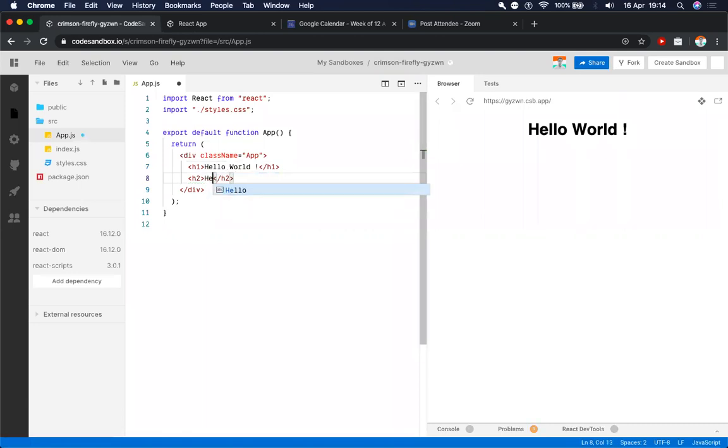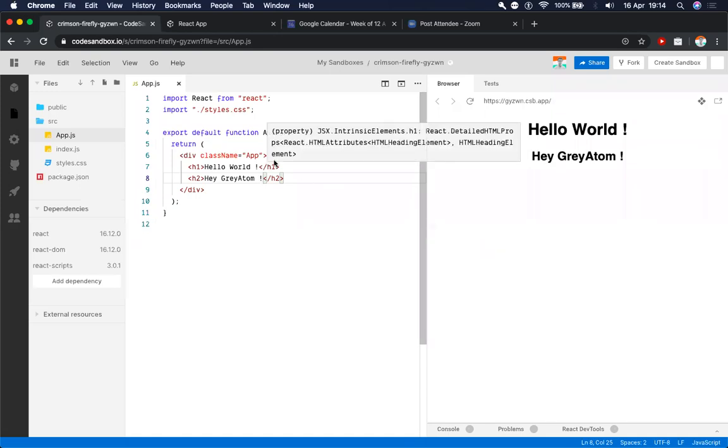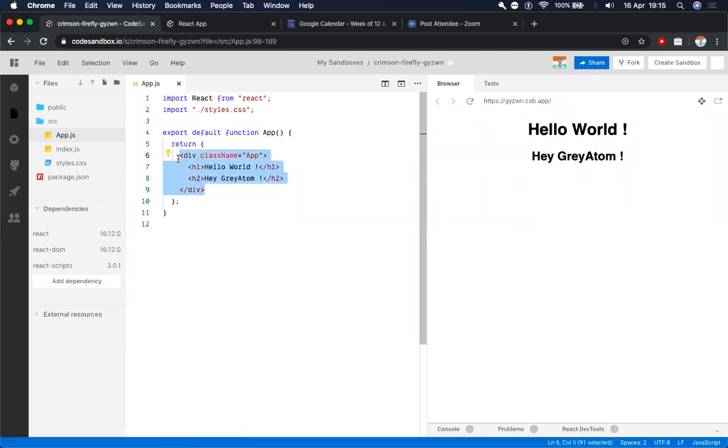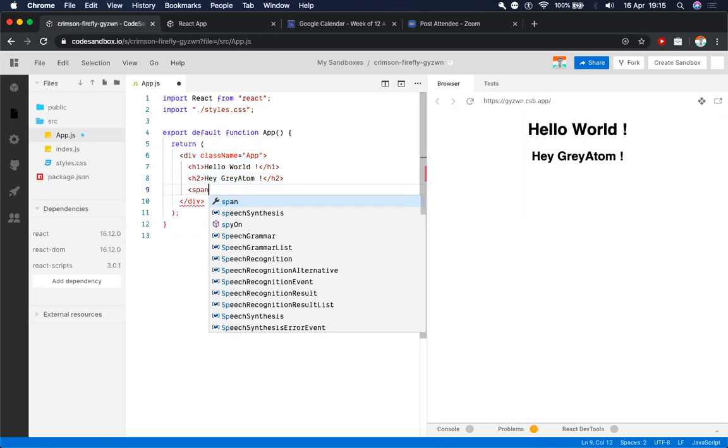I'll write something here and you can see that. I had mentioned in the prerequisites that you also need to know some CSS and HTML. That is because, as we are seeing here, the basics of React is that it takes HTML as an input. What we have written here is pure HTML. We can use any HTML tag here and it works directly.